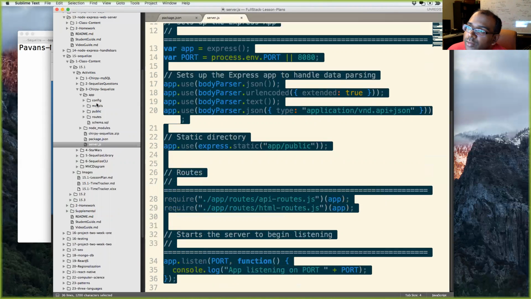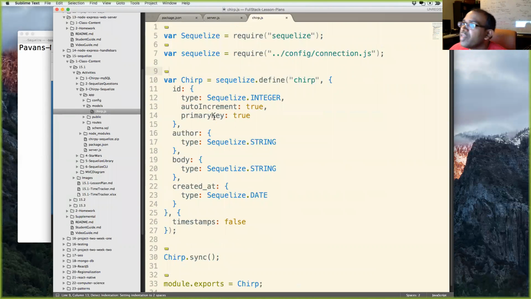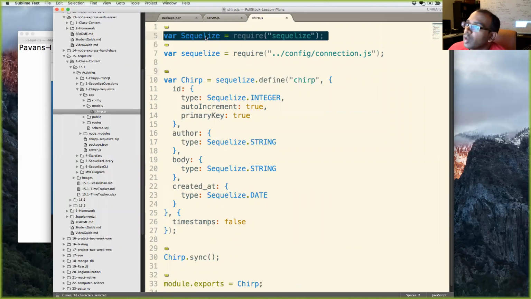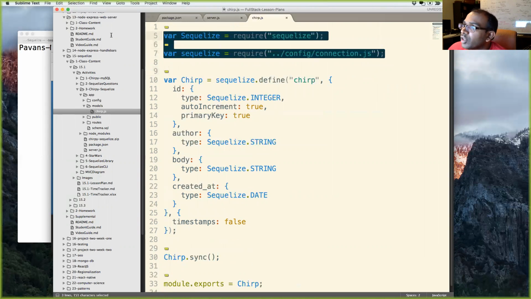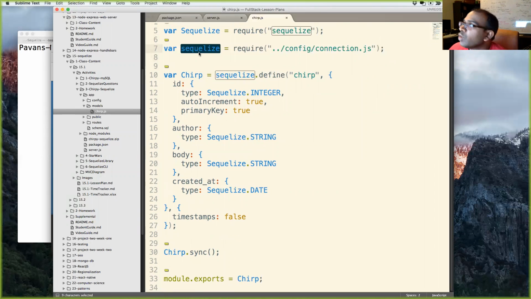If I open up the models folder, there's a chirp.js file, and this is our model. We are using Sequelize over here, where we are connecting to our database and referencing that by a variable named Sequelize. It would probably be better to name this connection or something, but I'll leave it the same because that's what you guys are going to see.